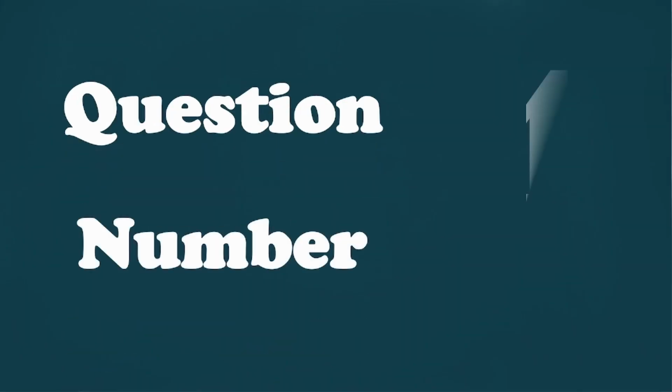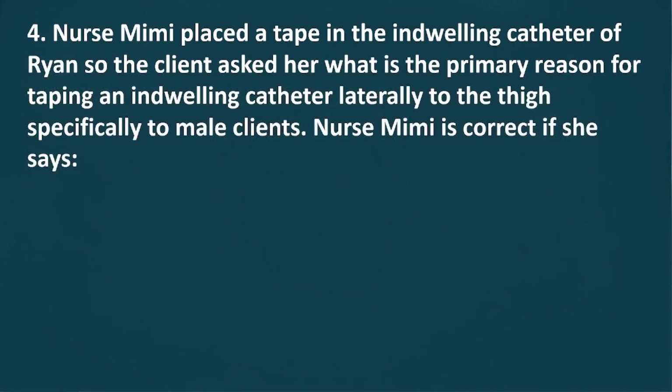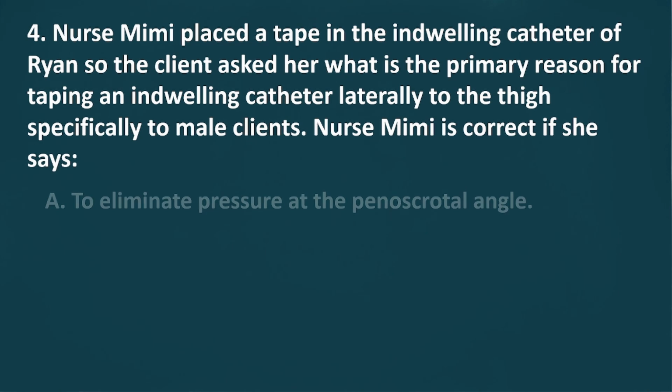Question number 4. Nurse Mimi placed a tape on the indwelling catheter of Ryan. So the client asked her, what is the primary reason for taping an indwelling catheter laterally to the thigh, specifically to male clients? Nurse Mimi is correct if she says: